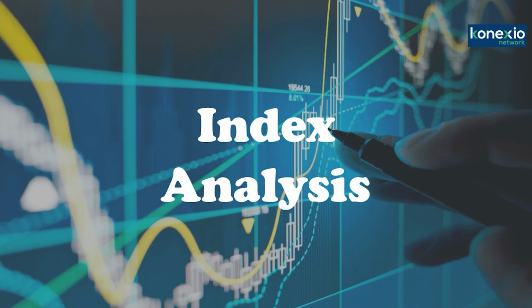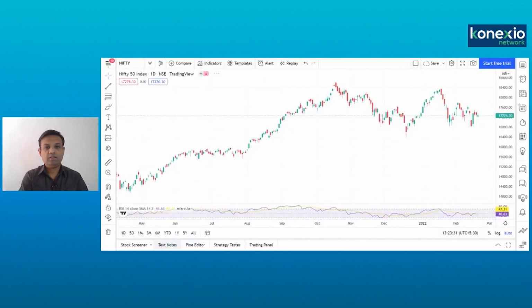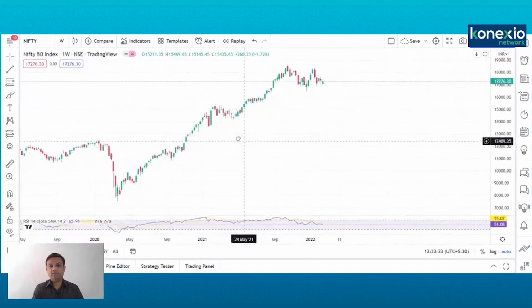This is the Nifty daily chart. Let me put the indicator RSI over here. This is RSI. This is Nifty daily charts. So let me show you first the Nifty weekly chart. Now this is the Nifty weekly chart,